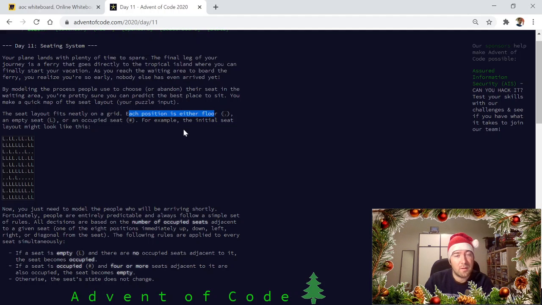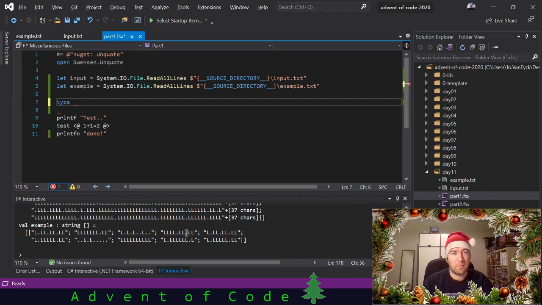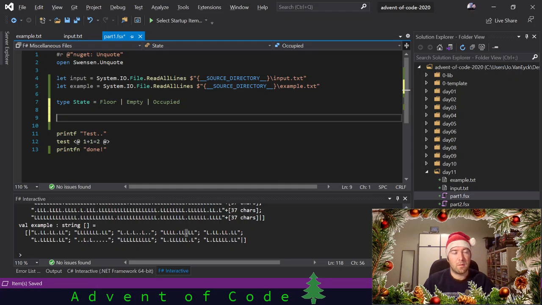A position is either floor, empty, or occupied. What's the best name for this? Don't know. If I don't know, I just type state. Floor, or an empty seat, or an occupied seat. And our parser then is